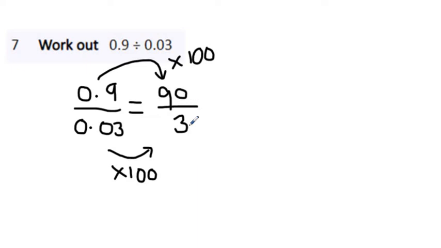So I've got 90 divided by 3. Some of you may just know the answer, or obviously we can do our bus stop method. So we have got my 90 and my 3 on the outside. So 3 into 9 goes 3 times. Whoops, dodgy 3, and then 3 into 0 is 0. So my answer